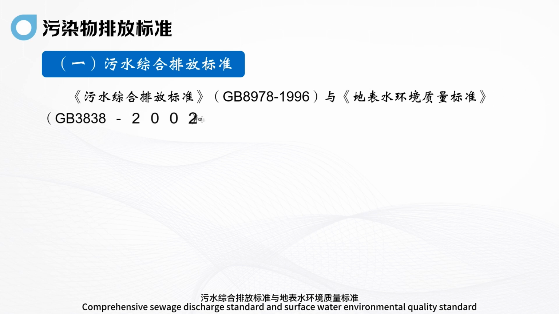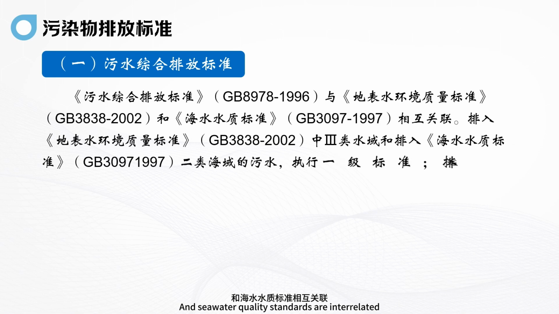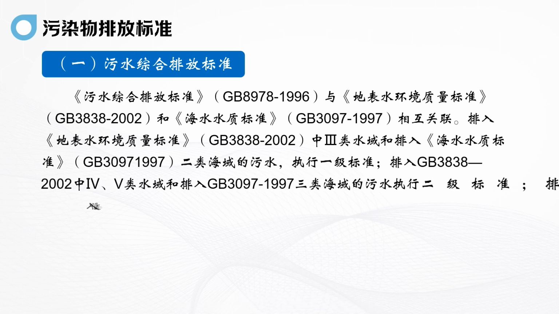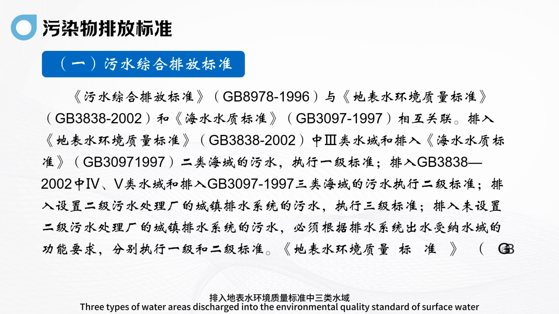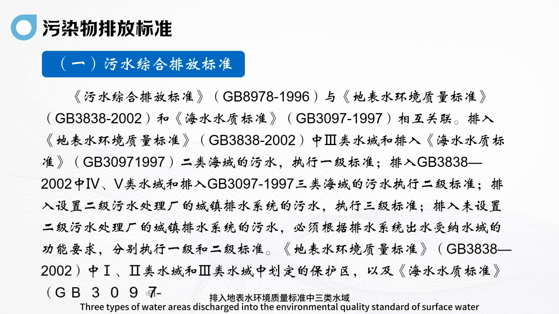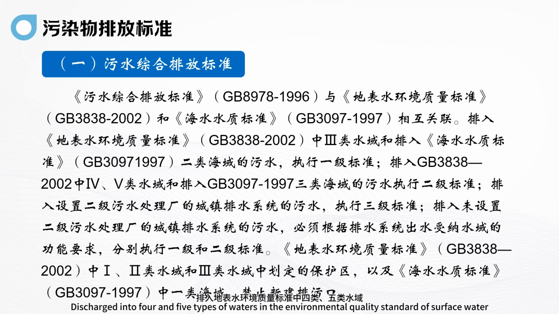The Comprehensive Sewage Discharge Standard, the Surface Water Environmental Quality Standard, and the Seawater Quality Standards are interrelated. Sewage discharged into three types of water areas in the Environmental Quality Standard of surface water, and sewage discharged into Class 2C areas of Seawater Quality Standards, implement the First Class Standard. Sewage discharged into Class 4 and 5 waters in the Environmental Quality Standard of surface water, and into Class 3C areas of Seawater Quality Standards,